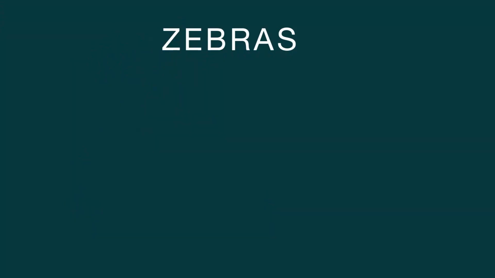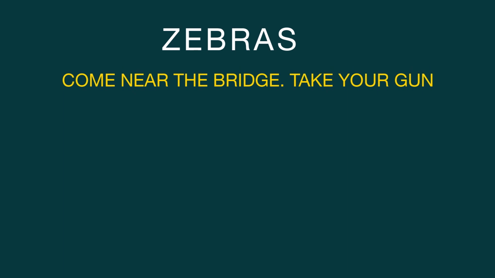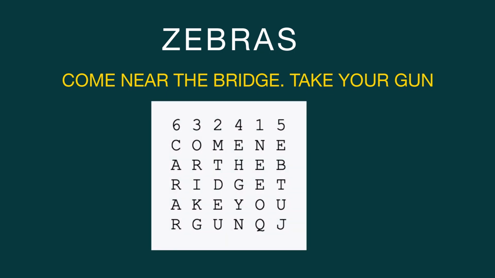For example, suppose we use the keyword ZEBRAS and the message, "Come near the bridge, take your gun." In a regular columnar transposition, we write this into a grid as follows. The positions will be 6, 3, 2, 4, 1, 5. The rows will be like